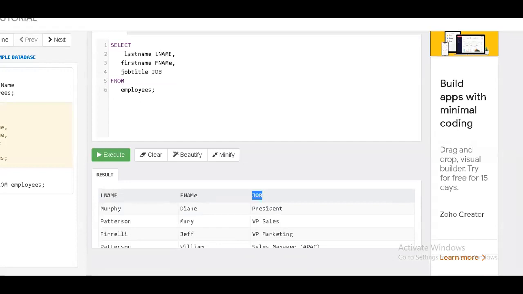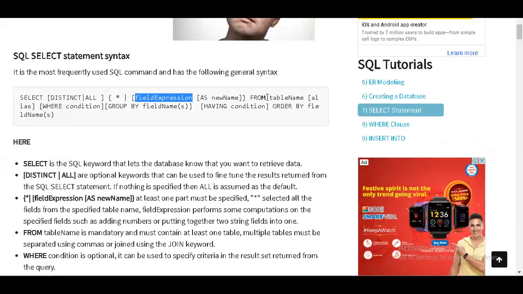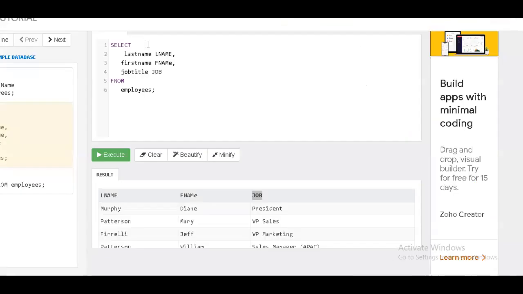So this is the expression. Then FROM a particular table, so from that particular table name or n number of tables. Again, we have the table name as an alias, so you can use the alias name also. Then followed by, you can see all are optional, so you have square brackets. Here the optional is the WHERE condition. In this program I have not used any WHERE condition, because I don't want to filter.